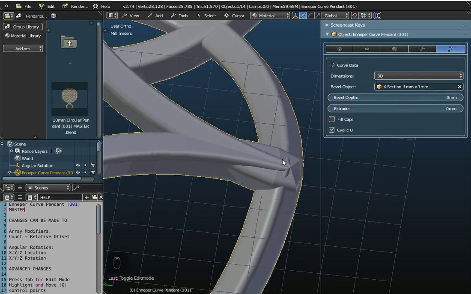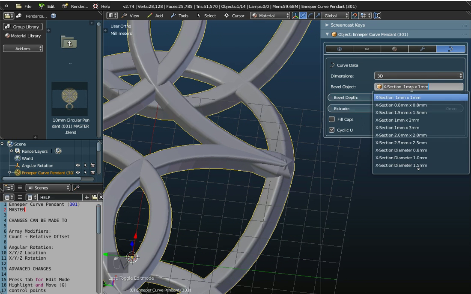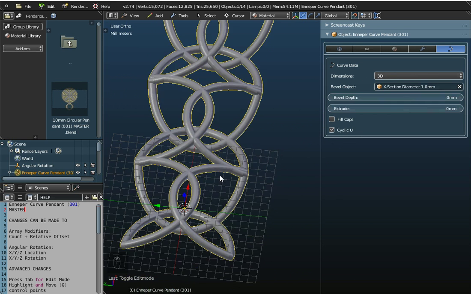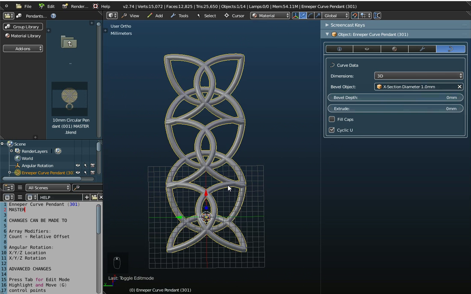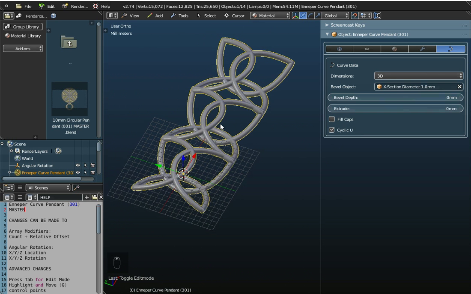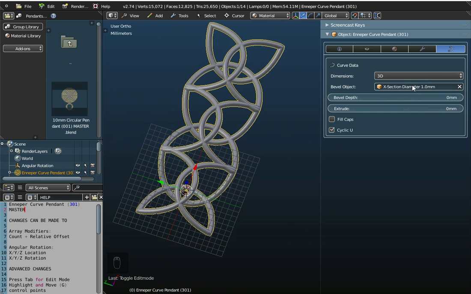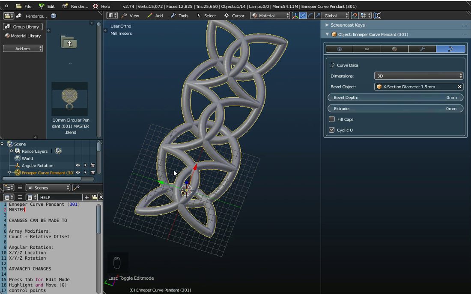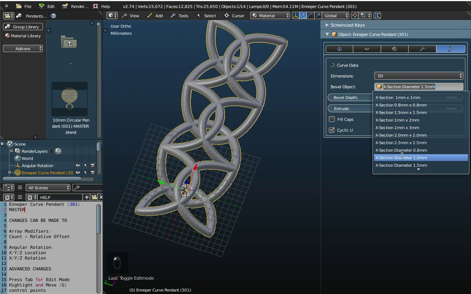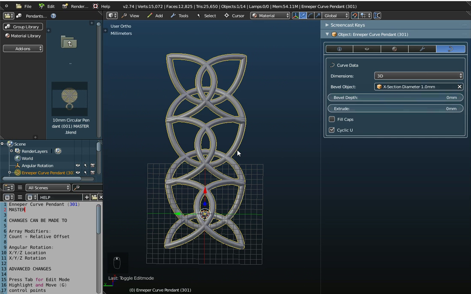Not very attractive when you look at that bit, so do try zooming in. I think the rounded one tends to look the best with this particular object, but it's a subjective choice. You might like the square cross section, and you could make it thicker, 1.5. I quite like it at 1. But you can also